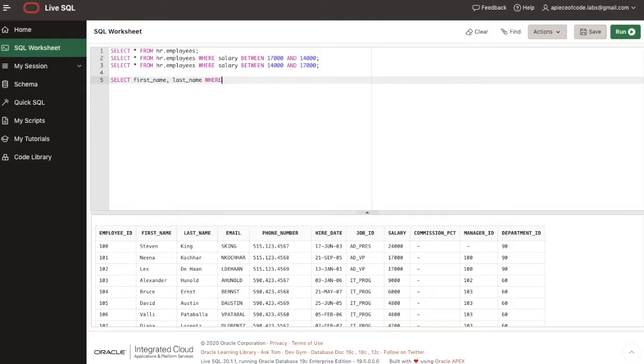And in the WHERE clause, I will filter by the first name, and I want it to be in a certain range, so I'll give two names,